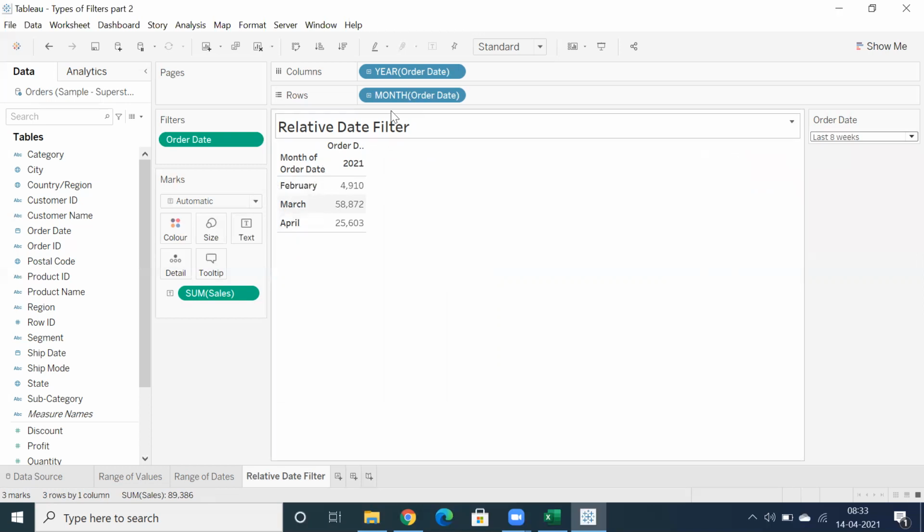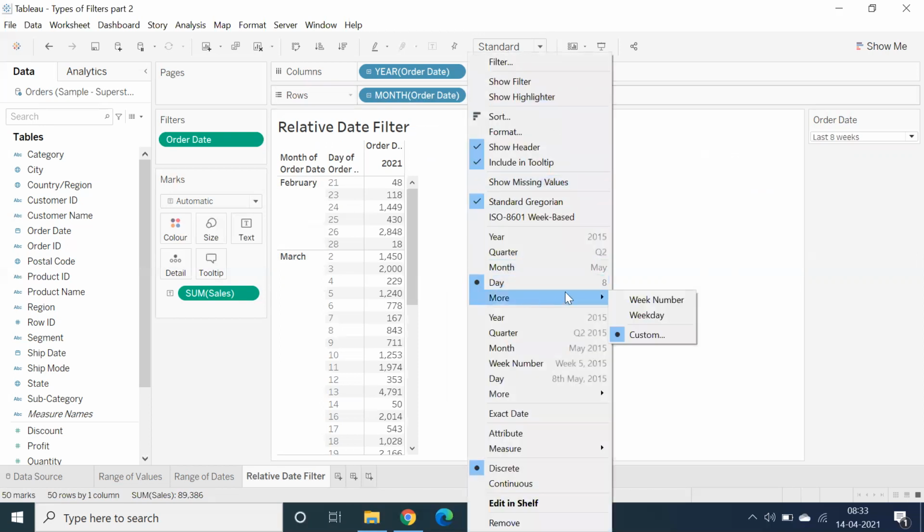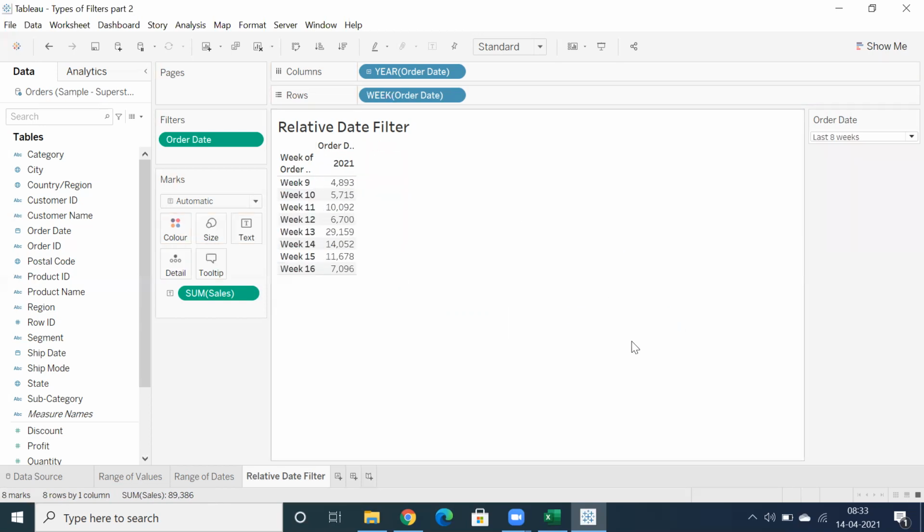Now, if you want to get the count at week level, drill down, click on this drop down across week number, right? You should see how many weeks you get. So week 9, 10, 11, 12, 13, 14, 15, 16. So 1, 2, 3, it's repeated here. 4, 5, 6, 7, 8. 8 weeks of data. You understand, right? If you remove month, you'll get more clarity. How many rows are you getting? 8. That's what I mean to say. So I want to showcase 8 weeks of data.